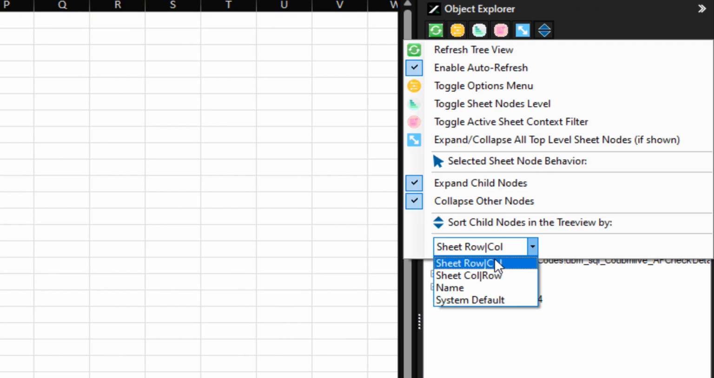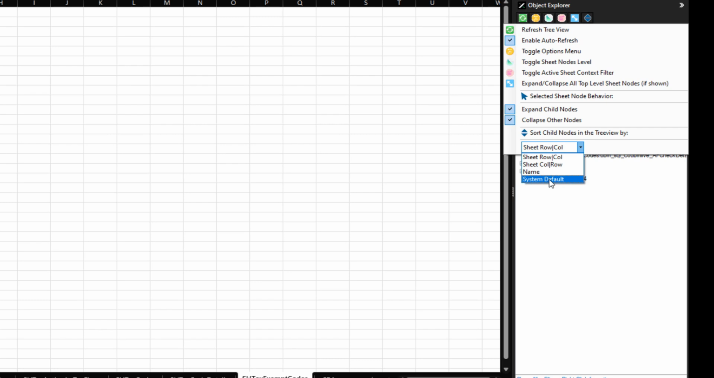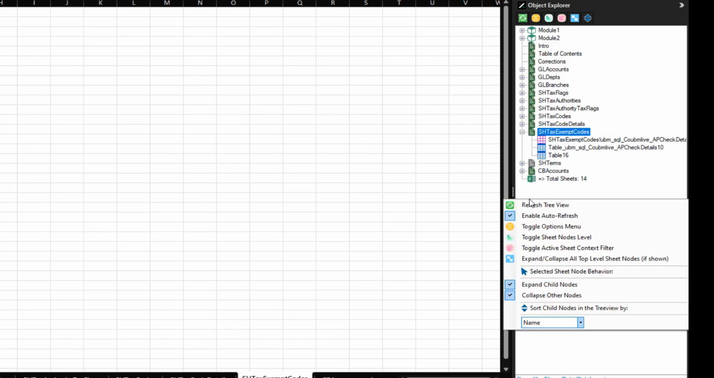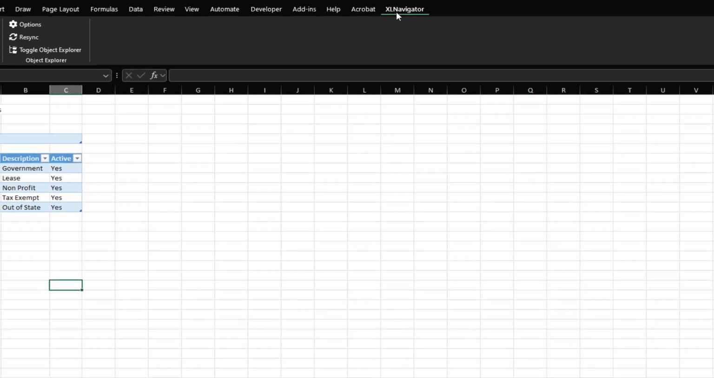Finally, the sorting options let you arrange the objects by sheet row and column, sheet column and row, by name, or by system default, based on the order the objects were added. You can experiment with these options to see which works best for you. You can also access these options by right-clicking on the tree view or through the XL Navigator ribbon tab under